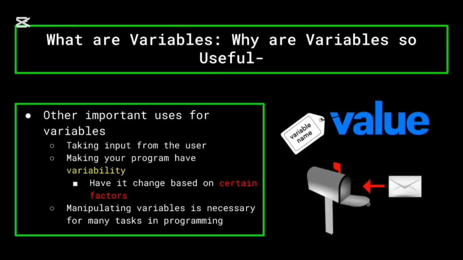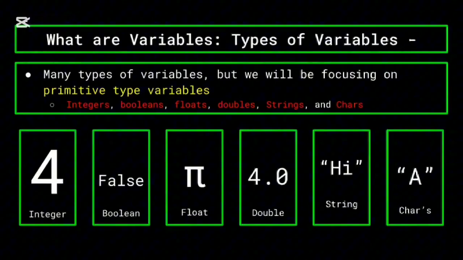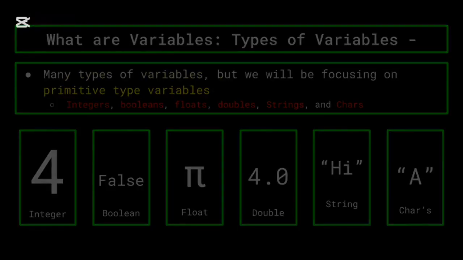Overall, variables are the backbone of any good program, and you'll find yourself using them often if you want clean and efficient code. So it's best that you learn what types of variables you need to use and when. So now that we know all about the different variable types, and we've talked about them a little bit,